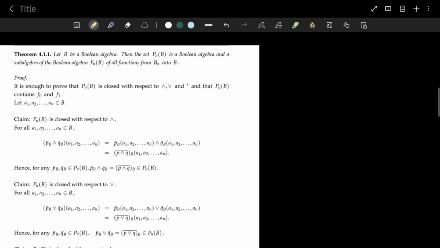In today's video, we are about to understand and prove this theorem. This is an important result in Boolean algebra. We'll break it down step by step from the very basics so you not only memorize the proof but also truly understand the why behind it. If you are preparing for the university exams or just want strong conceptual clarity in algebra, you are in